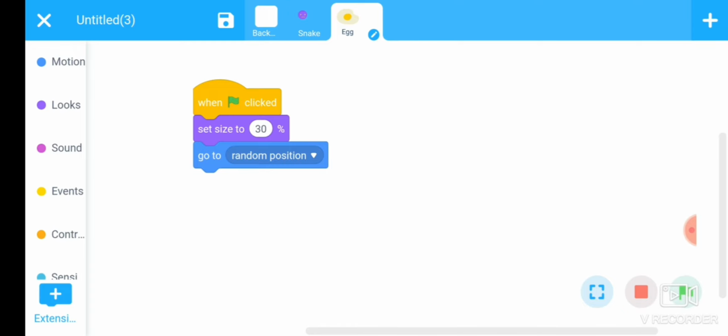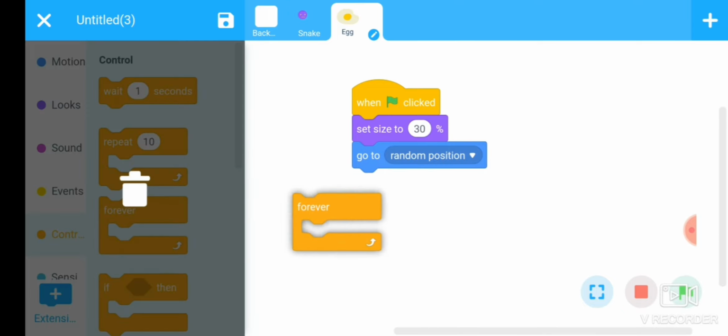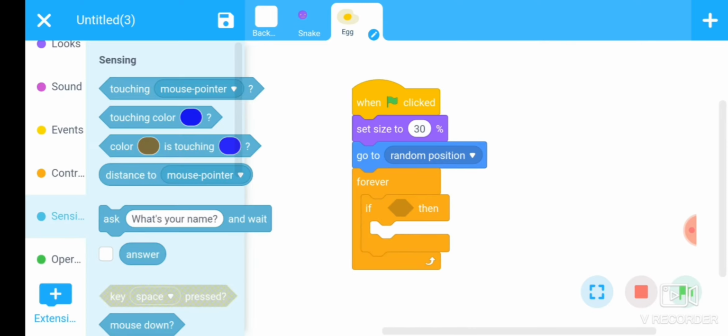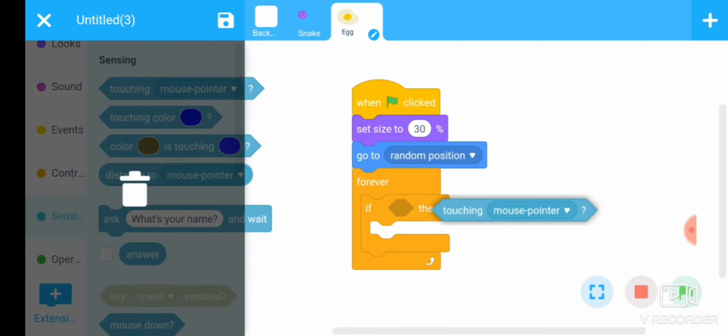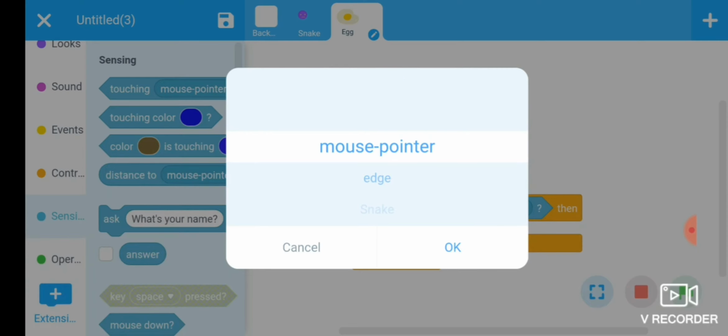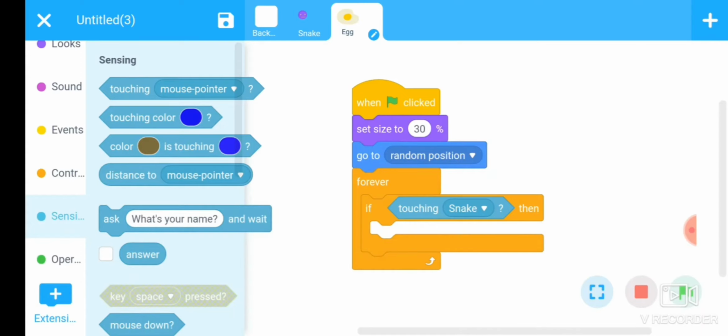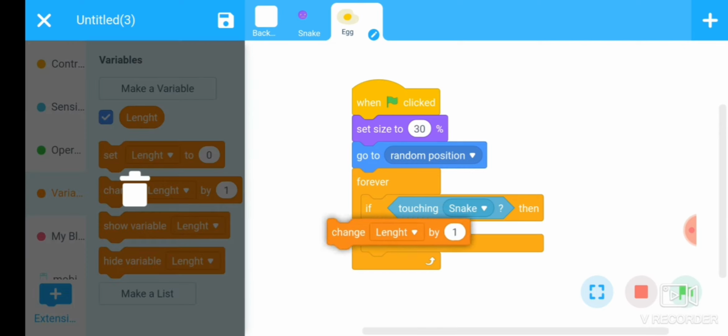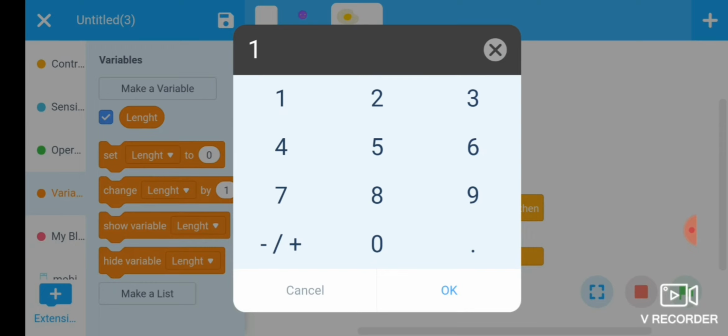Okay, for this first we will take a forever loop, put an if then condition here, go to the sensing section, use the touching command, replace mouse pointer with snake, and change the length variable by 0.1.